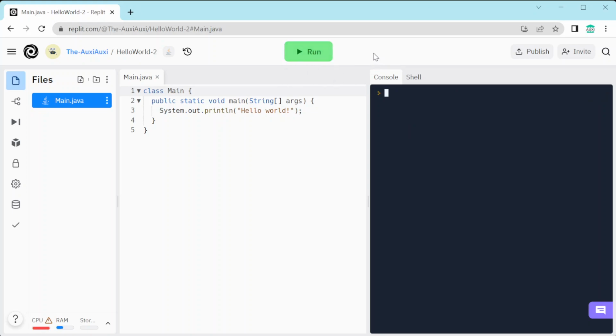Now, where we'll be spending most of our time is this middle window that's titled main.java. This window is where we can type in stuff, make edits, and